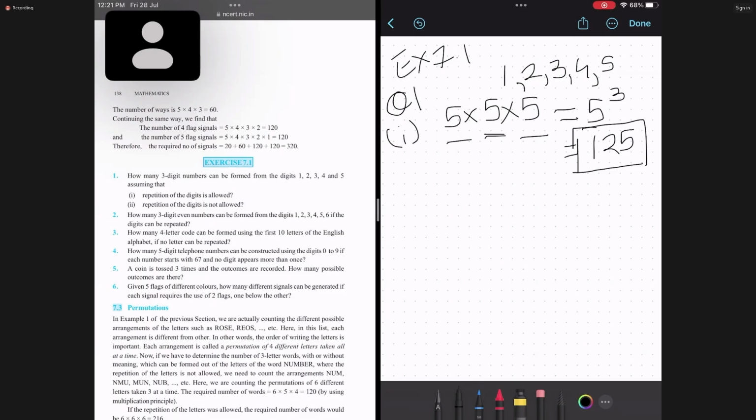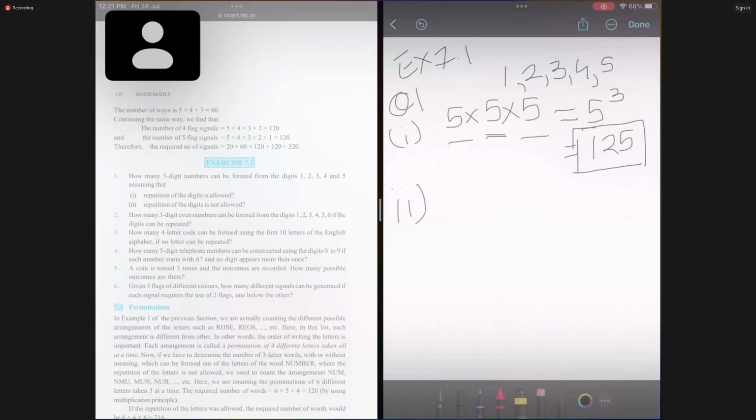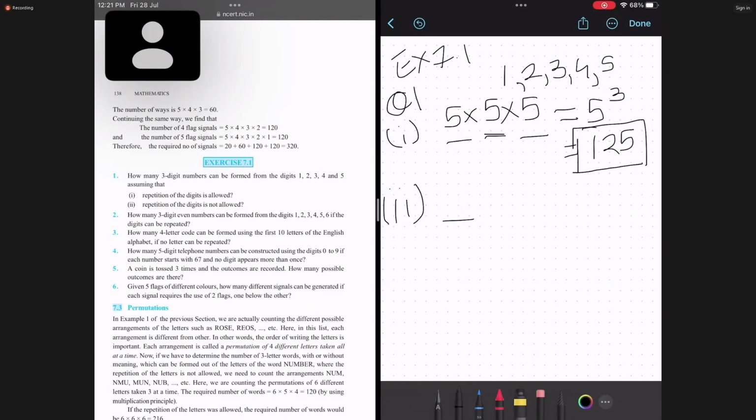repetition is permitted, right? Second case, let us suppose that repetition is not allowed. Then our discussion becomes a little interesting, right? Because the first digit can obviously be filled in 5 ways. We can use either of 1, 2, 3, 4, or 5, right? Any of them can be used. But the second digit,